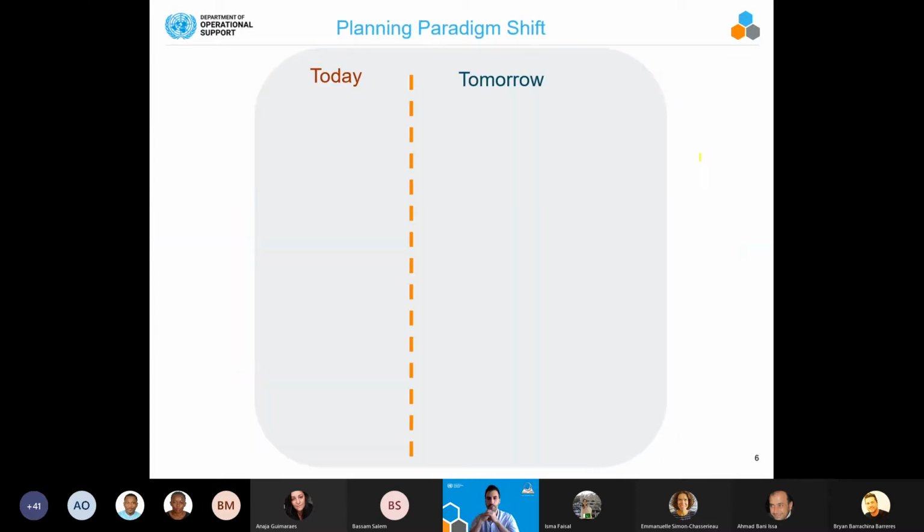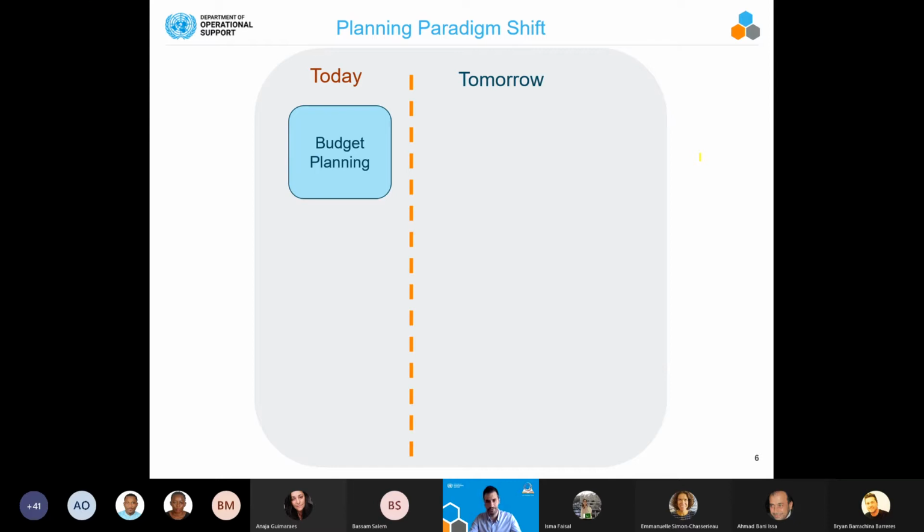So with that very important slide, this one and the following two, help us transfer the message of what is really changing with the supply chain planning tool. And it's actually something very important for senior demand planners, because as part of this supply chain process, you need to understand the planning paradigm shift that we are mentioning. So from today, where